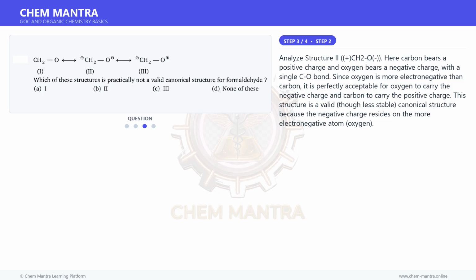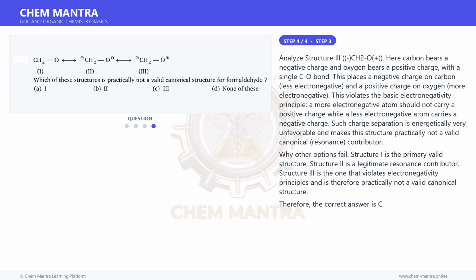Analyze structure 2, +CH2O-. Here carbon bears a positive charge and oxygen bears a negative charge with a single C-O bond. Since oxygen is more electronegative than carbon, it is perfectly acceptable for oxygen to carry the negative charge and carbon to carry the positive charge. This structure is a valid, though less stable, canonical structure because the negative charge resides on the more electronegative atom, oxygen. And for the final step, analyze structure